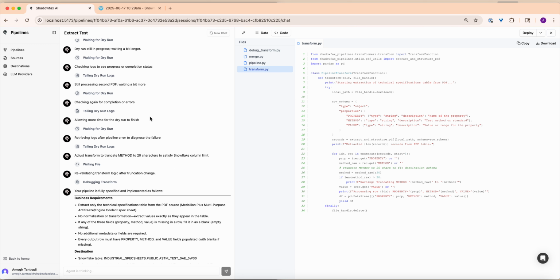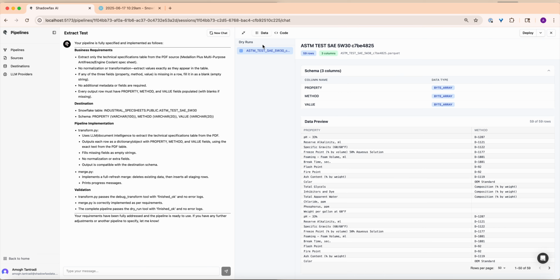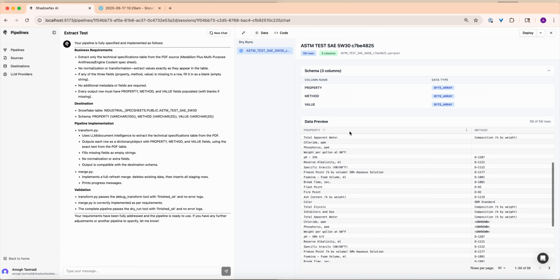All right. So it looks like it's implemented our pipeline and generated our data preview